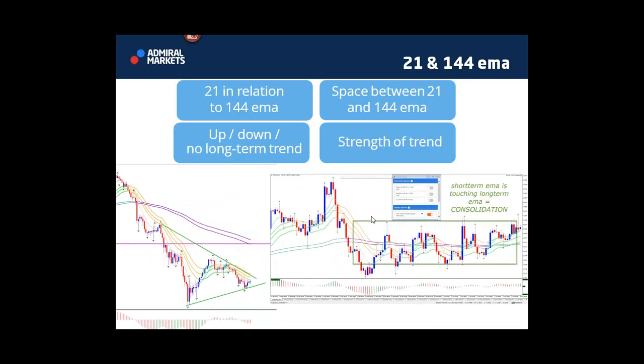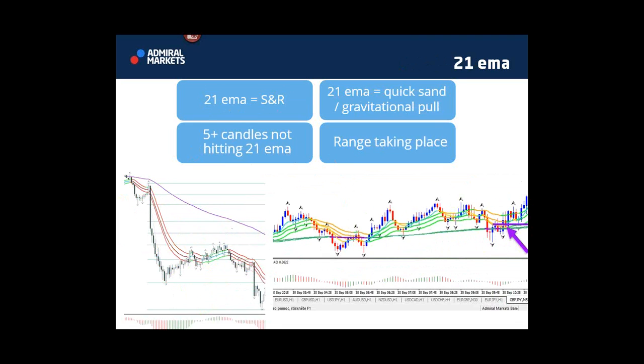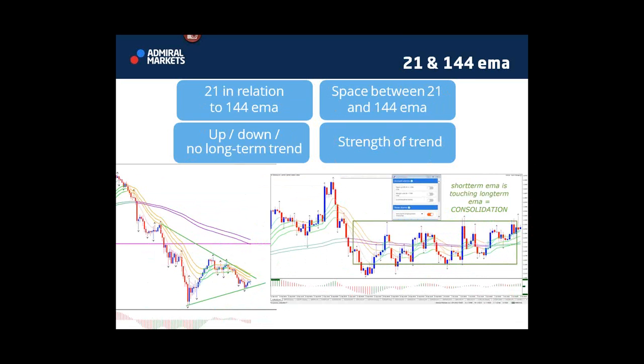All right, now the 21 EMA, how do I use it in relationship with the 144? I like to use both because I can see what the trend is on a longer direction. When I only use the 21, that's fine. It's good for trend, but I like to see it in relationship with the 144 because then I see if there's even a stronger trend taking place. For instance, at the top here, I can see that a downtrend already was occurring from this moment. But the trend was even stronger when the 21 was below the 144, right here.